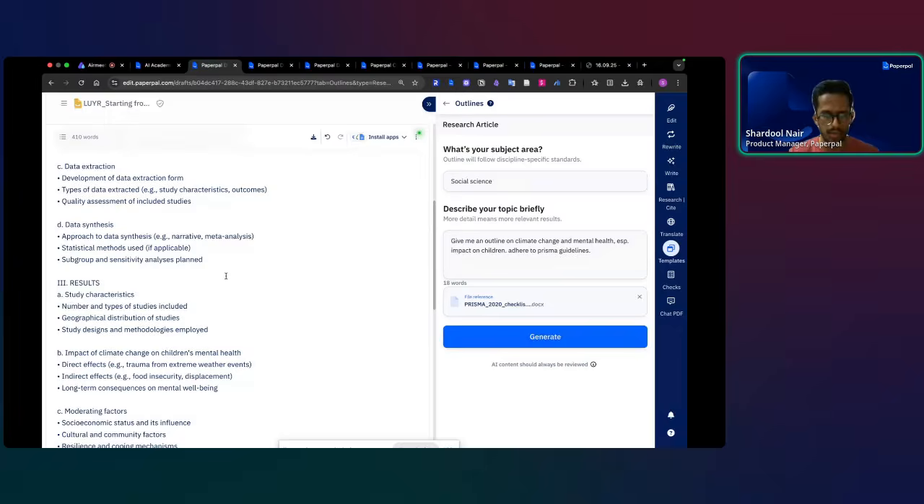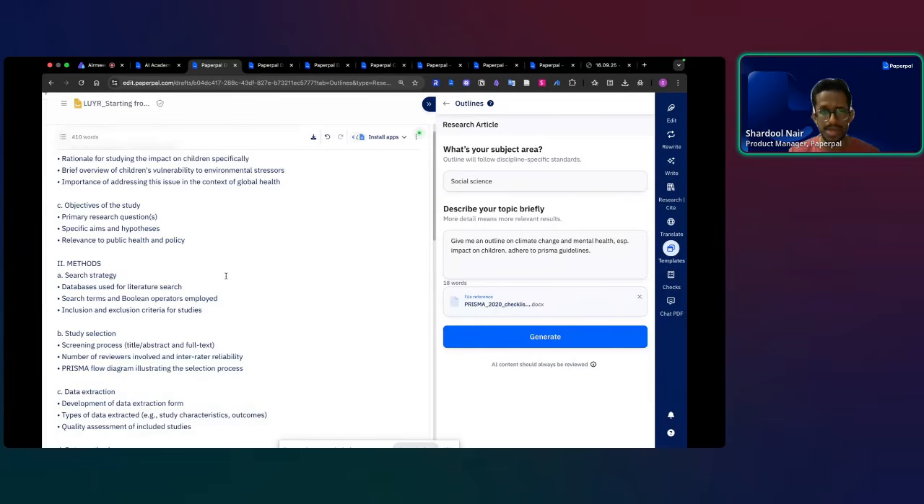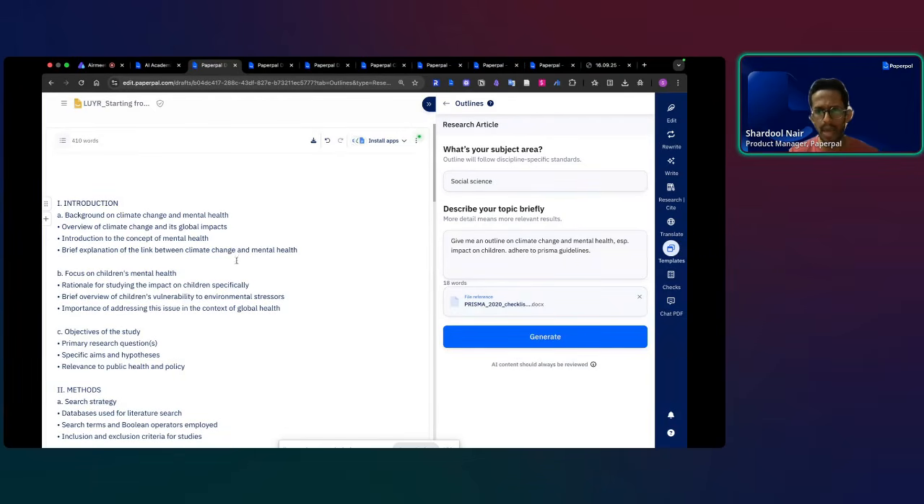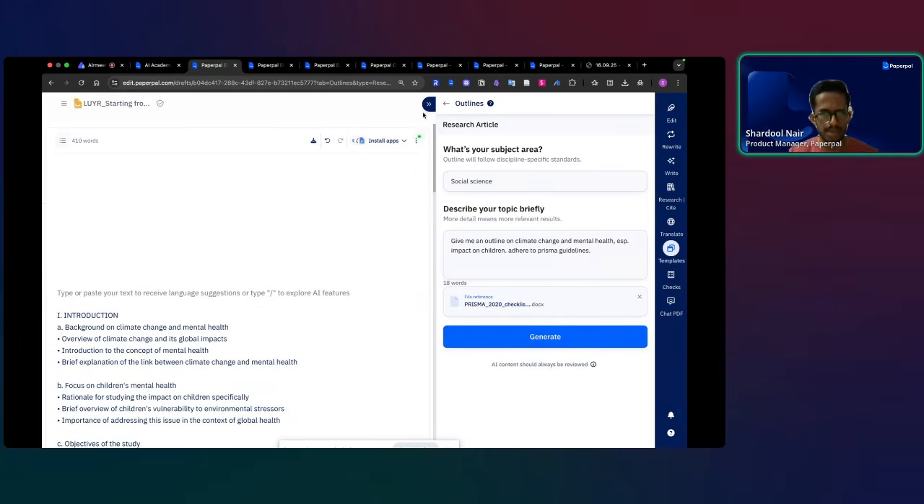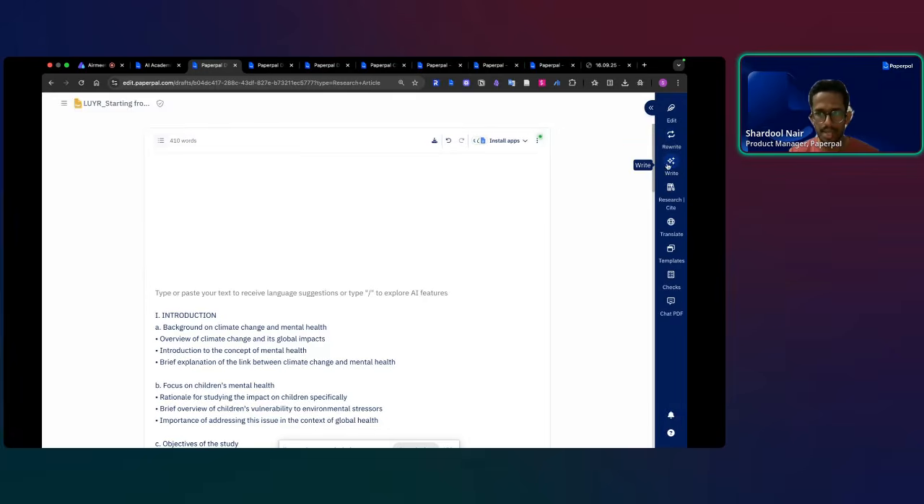I read it, I review it. I find that this is good enough as a starting point for me. Now, this is one way I can begin by creating an outline. But what if I want another way, something more flexible to use, especially when I'm beginning from, let's say, a starting point. So in that case, you can simply go to the write feature in Paperpal,